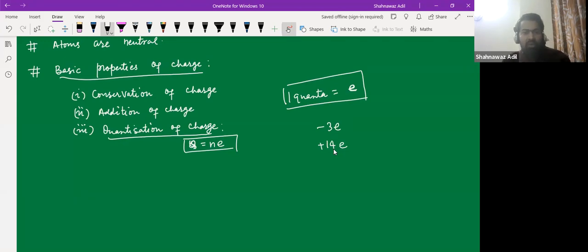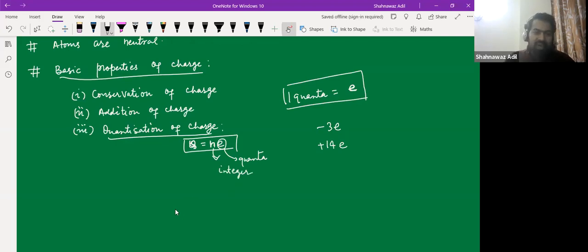There could be one electron, two electrons, three, n electrons, five, whatever. So the electrons would be in integer numbers, right? If you're adding, then you have negative charges. If you are removing the electrons, then you have positive charges. So depending upon the number of electrons you have removed or added, the total charge on a material would be an integral multiple of this quanta. This is the quanta and this is the integer.